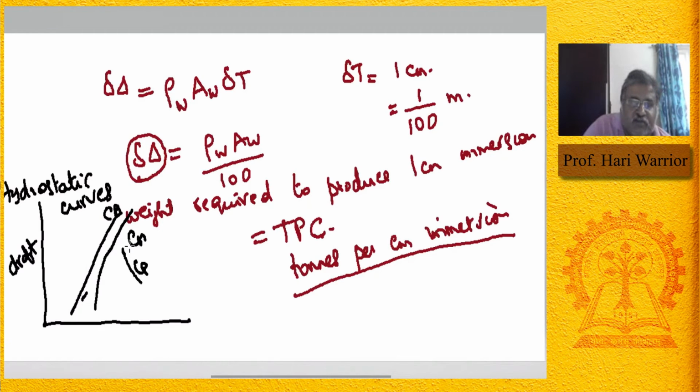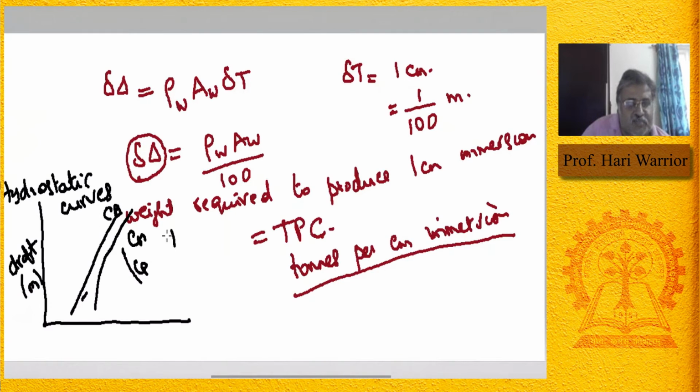I'm not going to ask you the different curves, but you have to know what a hydrostatic curve is and what things you plot. You plot hydrostatic particulars on a hydrostatic curve against the draft in meters. So as the draft increases, this CM changes. That variability is shown by a hydrostatic curve.